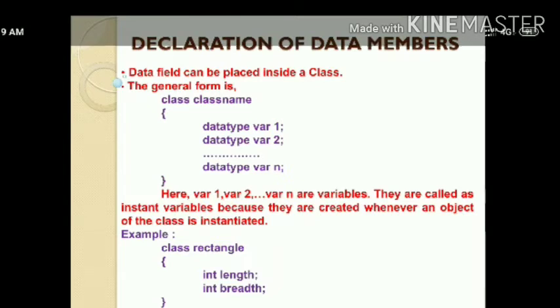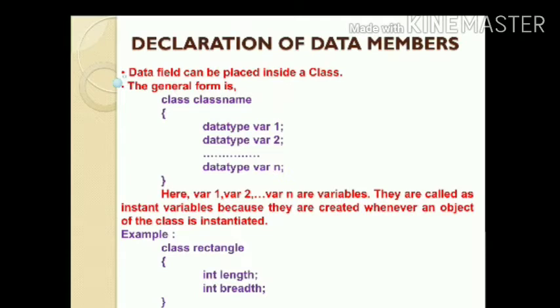Next, how will you declare data members? Data fields can be placed inside a class. The general form of declaring data members is class name, data type var1, data type var2 ... data type varn.